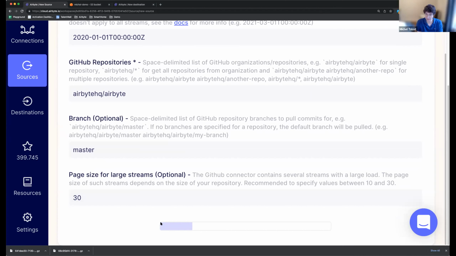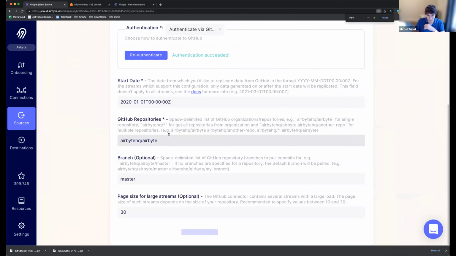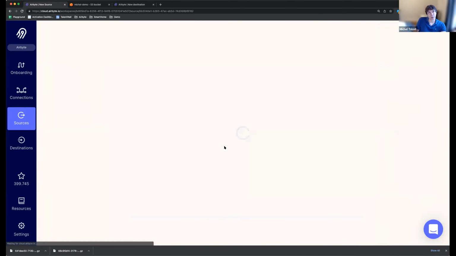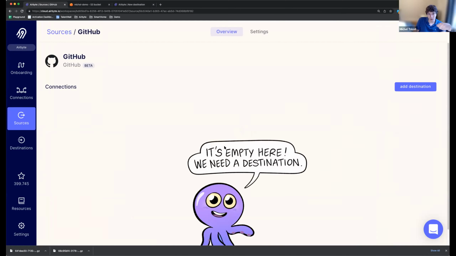So let me zoom out a little bit so we can see more information. And for everything related to extract and load, no code, low code works very well because it's the same process.